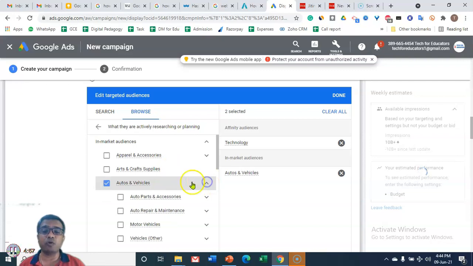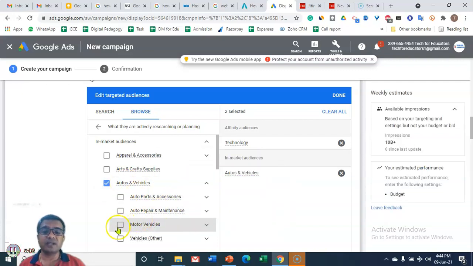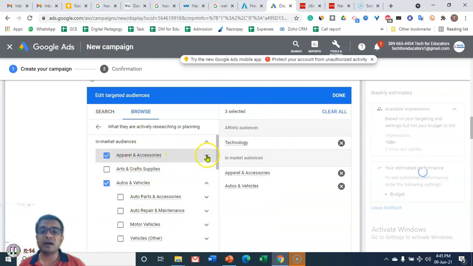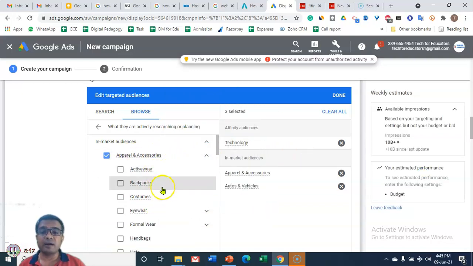For example, if I select auto and vehicles, I see four options. If I select motor vehicles, it means people are actively looking to buy cars or motorbikes. Similarly, these people are looking for auto parts and accessories. If I go to apparel and accessories, I see the option called costumes. These people are looking for costumes. What are their search queries?